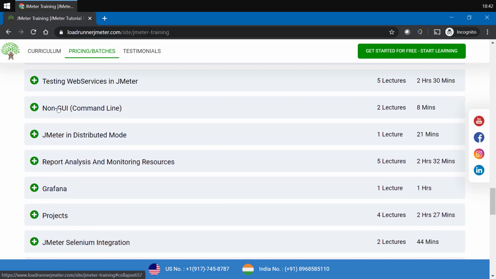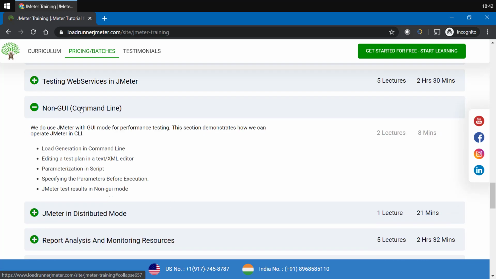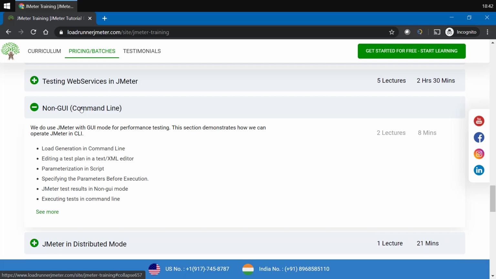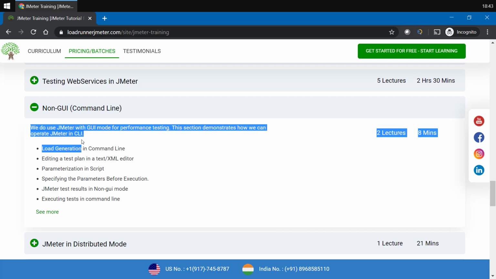Then the next thing is non-GUI command line. Now whenever we run tests in JMeter, we don't run them in graphical user interface. We run them in command line interface, right? So non-GUI, CLI is the interface that we would be using. All would be through command line.